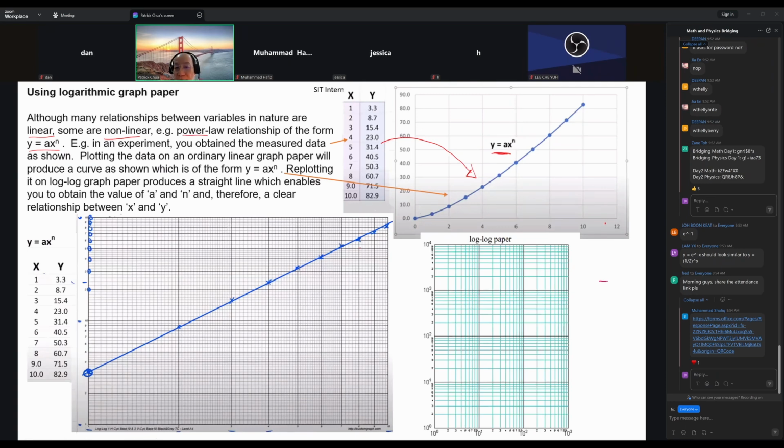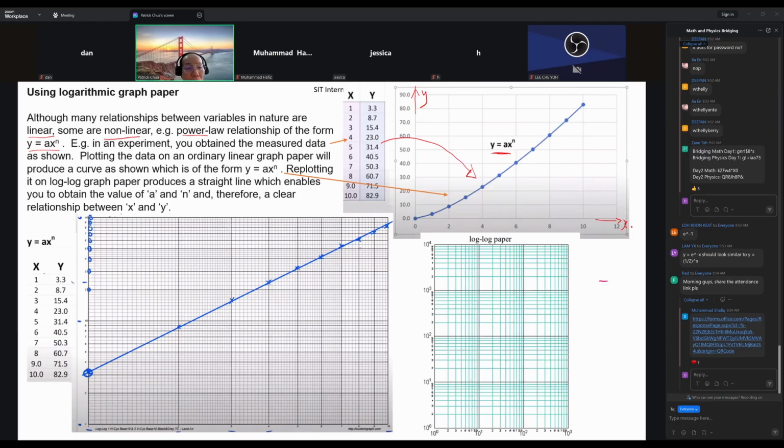Yes, this is your x-axis, and there is your y-axis. Very sensitive, this. Okay, and that is your y. So how can you find the values of a and n? So the way the researchers would do